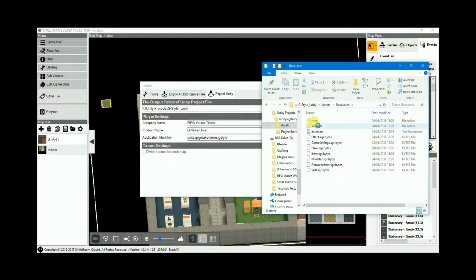Similarly, you have a lot of bytes extensions. These contain the binary data from text assets for things like textures and other information, in this case related to SGB. So back into the assets folder, you have